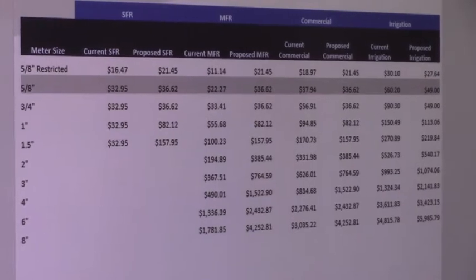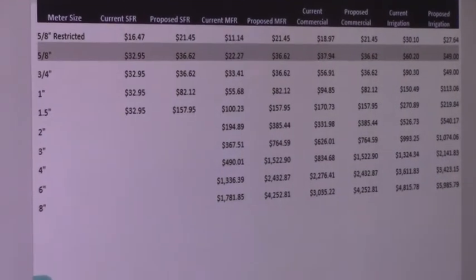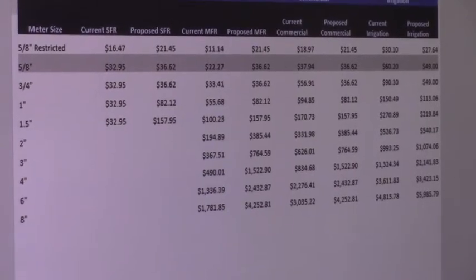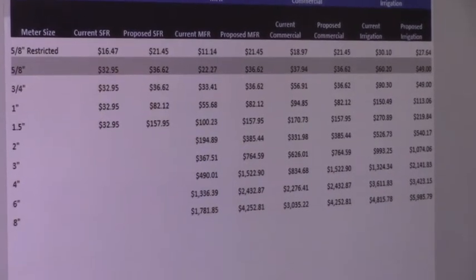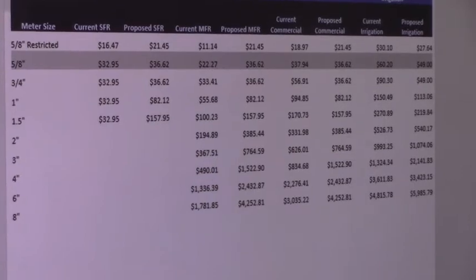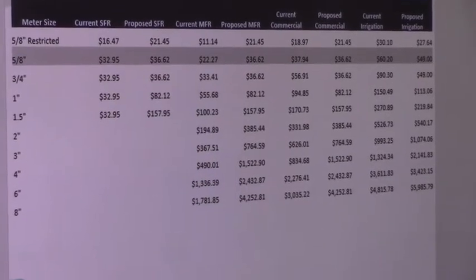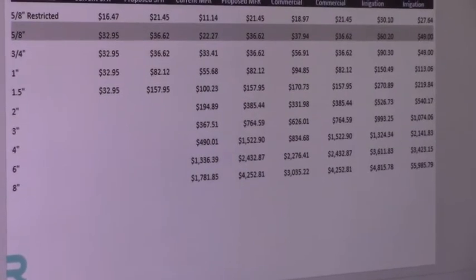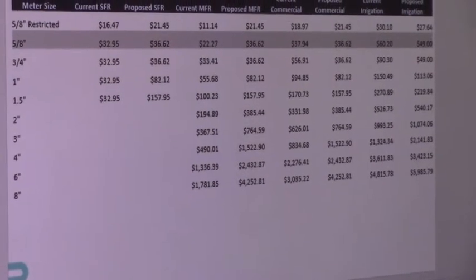So I'm not sure why they're seeing that happen, but it used to be that single-family peaked more than multifamily. And so in our last rate iteration, multifamily service charges were lower. And now Sanjay said they're just not seeing that differentiation as much anymore. Again, I think it was conservation.